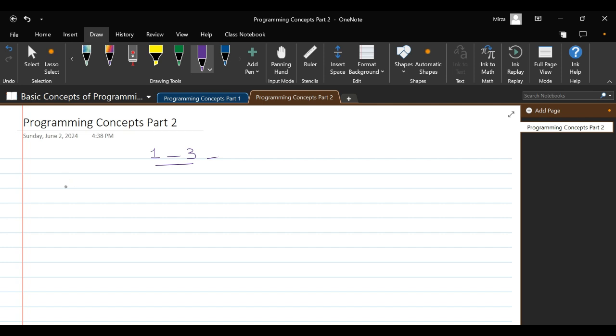So let me write a statement: output, enter a number, to print a message, right? For example,